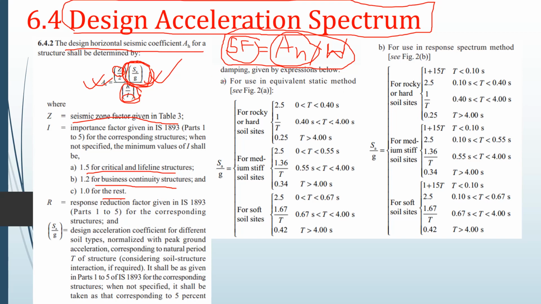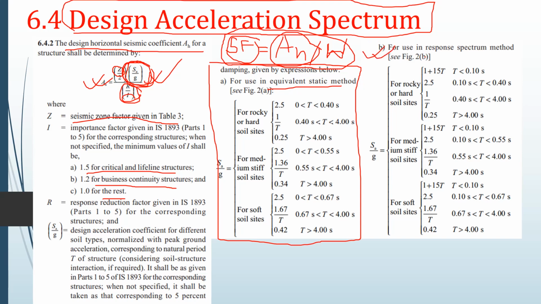For the calculation of the Sa by g value, there are two sets of formulas. In number A, the calculation is given for the equivalent static method, and in number B, the value is given for the response spectrum analysis method. So let's look here. Sa by g is the design acceleration coefficient for different soil types. You can see here our formulas are different for rocky or hard soil sites, for medium stiffness soil sites, and for soft soil sites. And this Sa by g value is normalized with peak ground acceleration. That means our Sa by g value is